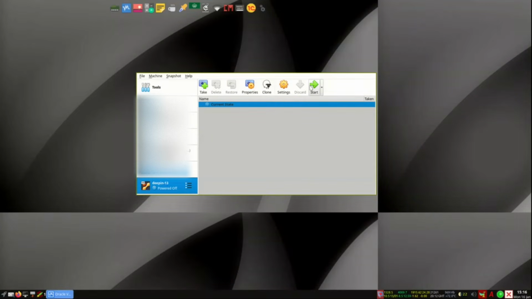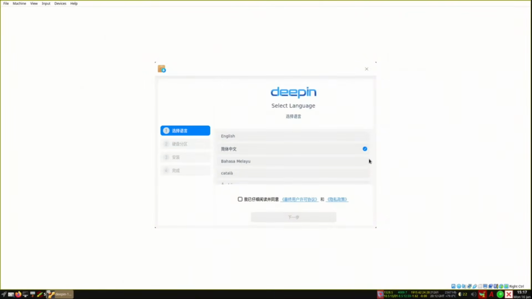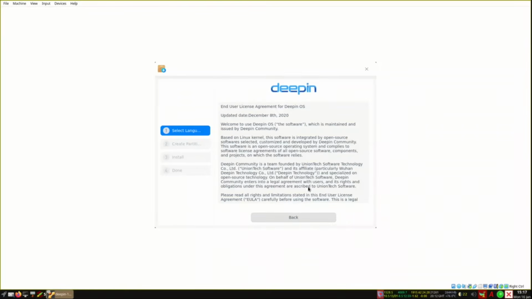Let us start it. So now we are in the installation phase. So you have 2 choices. The default is Chinese, of course, or you can start with the English. So I will start with the English. There is some end user license agreement. If you click it, it will talk about the community, and it is a team founded by Union Tech, which is also, and its affiliate, which is in Wuhan, Deepin Technology.